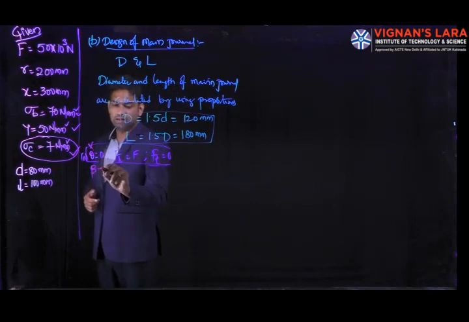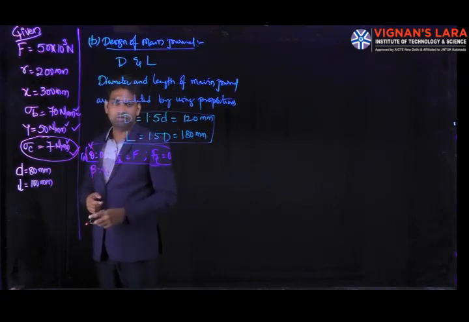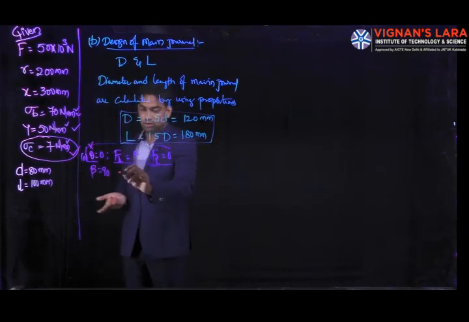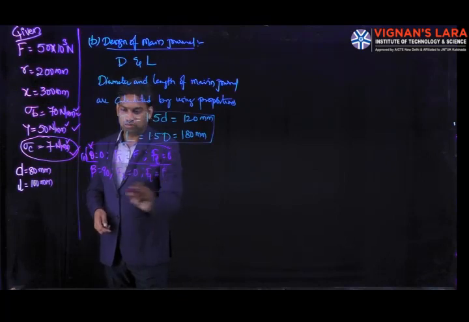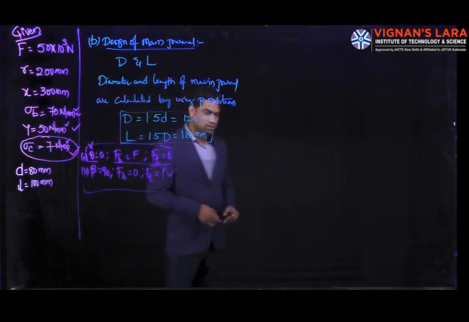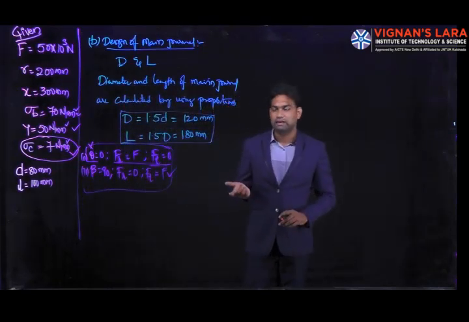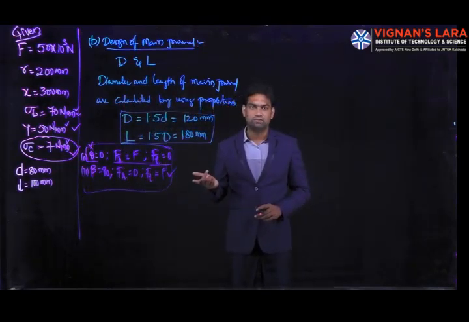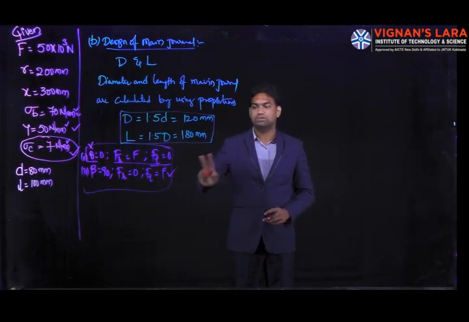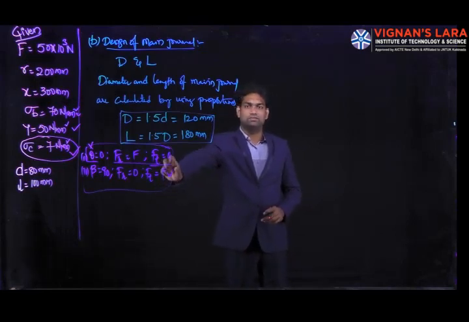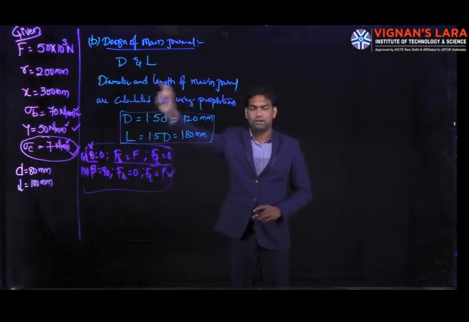We go with the other case, that is beta, the included angle, equal to 90 degrees, so in this case Fr is going to be 0 and Ft is going to be F. So for this case we are considering the second loading condition, beta included angle equal to 90 degrees, so Fr is 0 and Ft equal to F. Here the stresses induced are two stresses, only due to the tangential force, that is equal to the total maximum force, 50 into 10 cube.